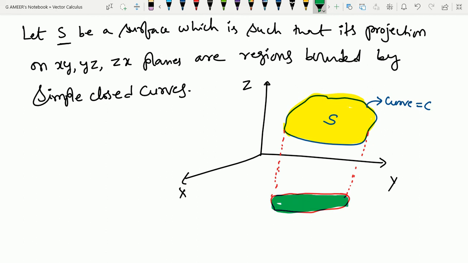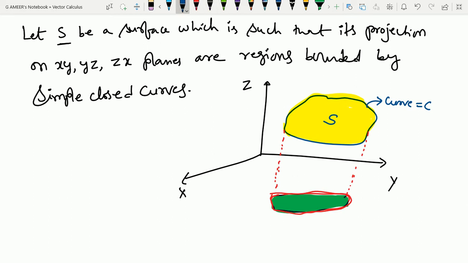So this is the region, and this region is bounded by a curve. This is the curve, a simple curve. Okay, fine. This is just what I have shown for the xy plane. Similarly for the yz plane, similarly for the zx plane, we can draw like this. And once we draw the regions, then I can write the equation for it.